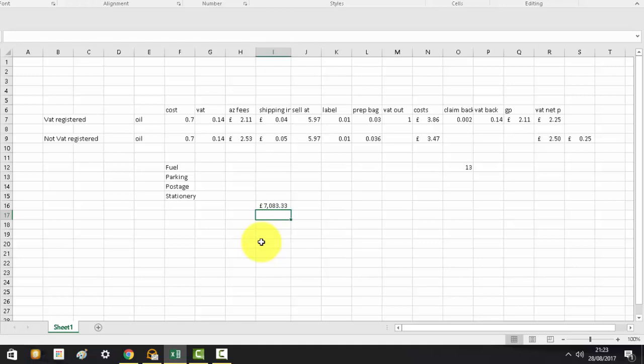Now, you should be keeping the VAT in a separate account. And at the end of every week, or at the very least at the end of every month, keep track of where you are with your VAT, because you need to be keeping that money separate, so that when you do have your VAT bill, you're not worrying about it. You've got a month and a week after the quarter ends to pay it over, but you do need to